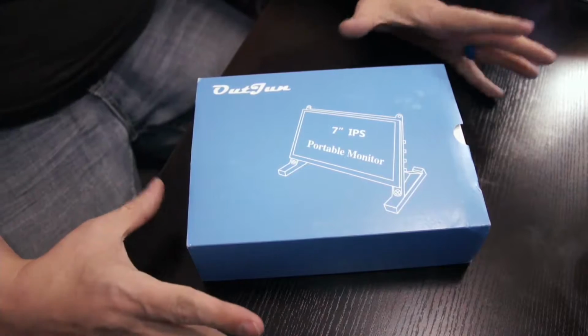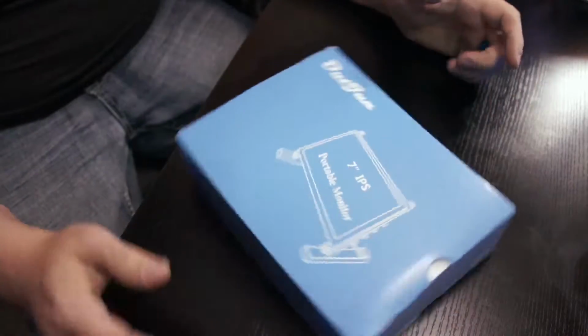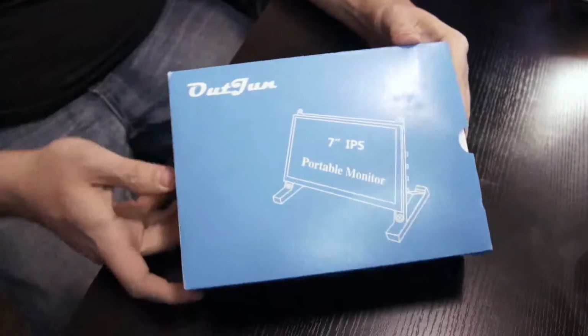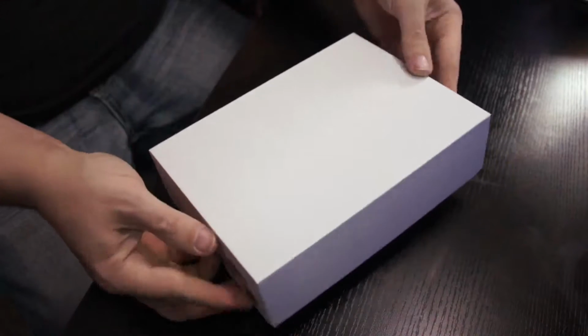Okay guys, so let's take a look at the Outjun 7-inch IPS portable monitor here. Obviously it comes in a good looking box, very simple, to the point. That's the only thing on any of it. It's pretty standard there. So we'll go ahead and slide this out. Again, nothing on any of this. So let's shake this out